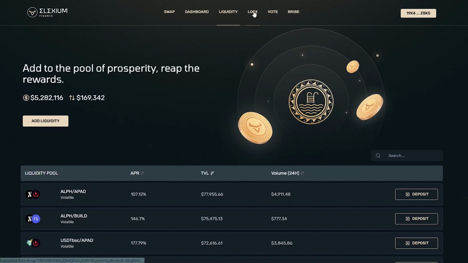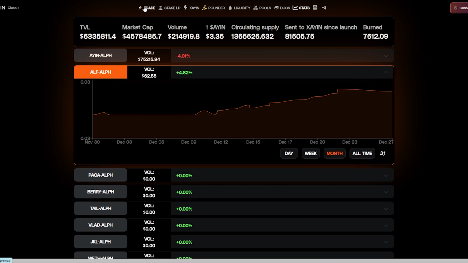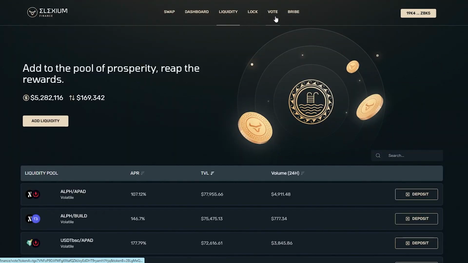So there is a bunch of other features that you can use on these decentralized exchanges, such as lock, vote, and then bribe. So there's a bunch of features, but I'm going to let you all explore that. You can trade stake liquidity XAN, which is kind of just on top of the AN coin. Pounder, which is compounding interest on it. These are the main ones on here, and then Alephium Finance, you've got liquidity, lock, vote, and bribe, obviously swap as well. So you can see a small majority of the whole ecosystem is on these decentralized exchanges. So 5 million in total provided liquidity, which is pretty good for a coin Alephium size, and it's just going to keep growing over time.